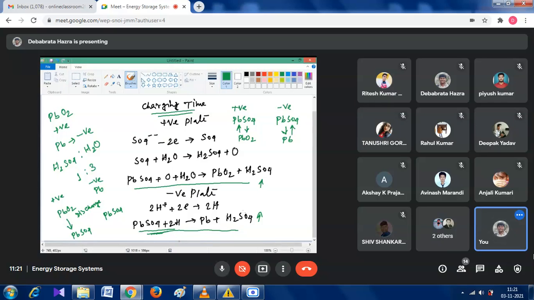रितेश समझ में आया अभी, रितेश यस सर। अभी समझ में आया, यस सर आए। H2SO4 सर, ये पॉजिटिव प्लेट से इसका जो लिखे सर कि पॉजिटिव प्लेट PbO2 डिस्चार्ज होने के बाद PbS डिस्चार्ज होने के बाद वो 4 आ रहा है, लेकिन उसे फिर भी लिख, इसमें H2SO4 का यूज नहीं हो रहा है। ये तो चार्जिंग टाइम में था, डिस्चार्जिंग टाइम में क्या था? रुको, मैं देख लेता हूँ आपको।